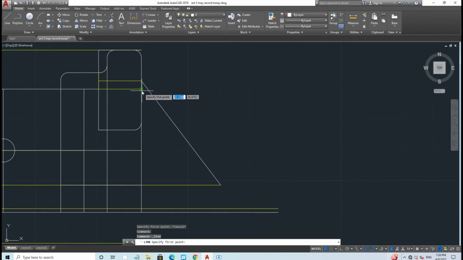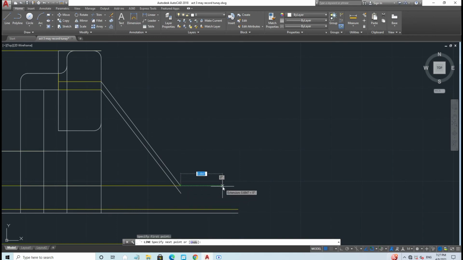Another line measuring 2.1237 at the angle of 308. First, type shift at, type 2.1237 tab 308. Then escape. Create a horizontal line measuring